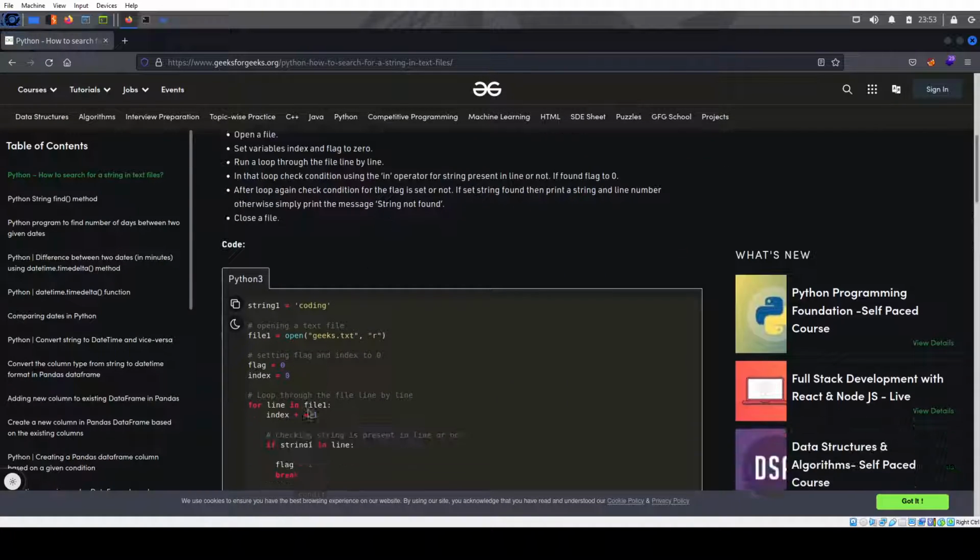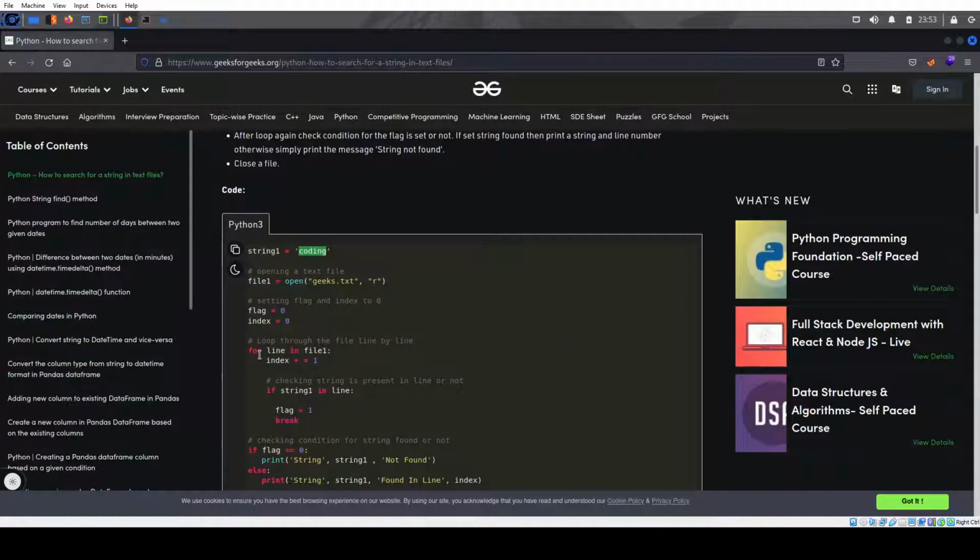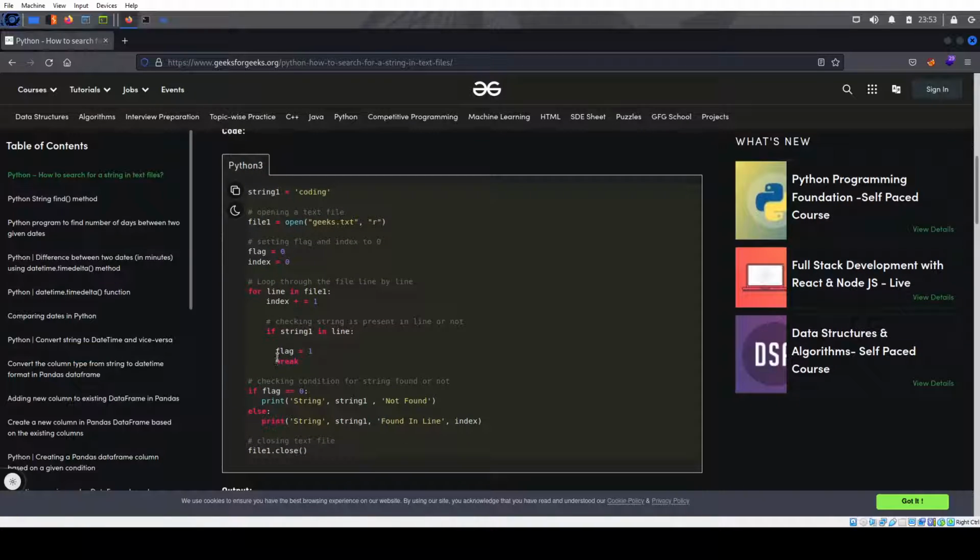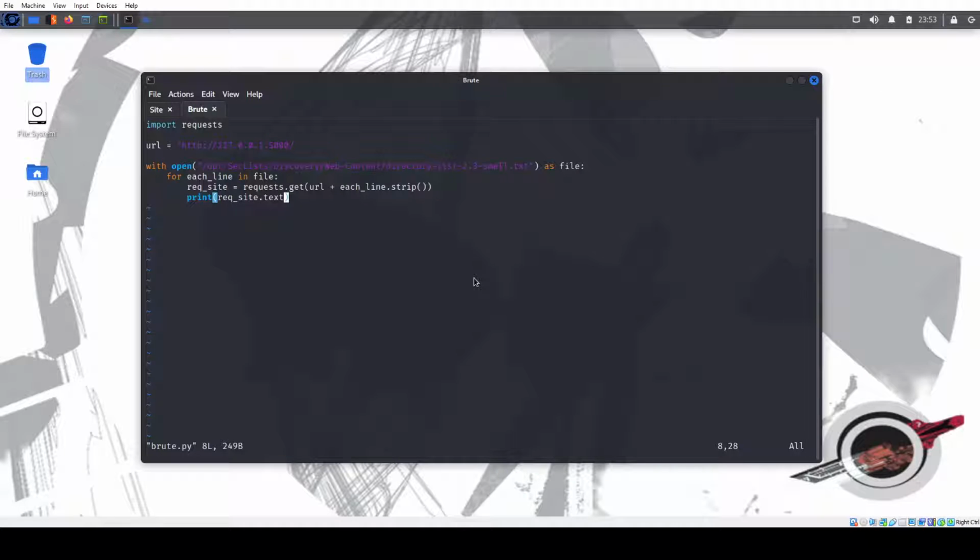So we have this text and the string, and then it goes for line inside the file, and if the string is inside the line, then yeah, pretty simple. So we know our flag starts with JerseyCTF. So if JerseyCTF in request site.text,